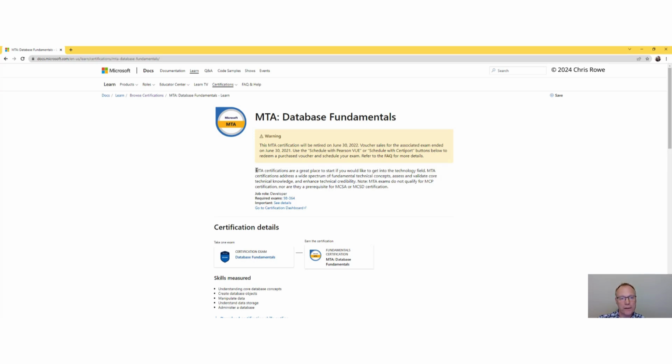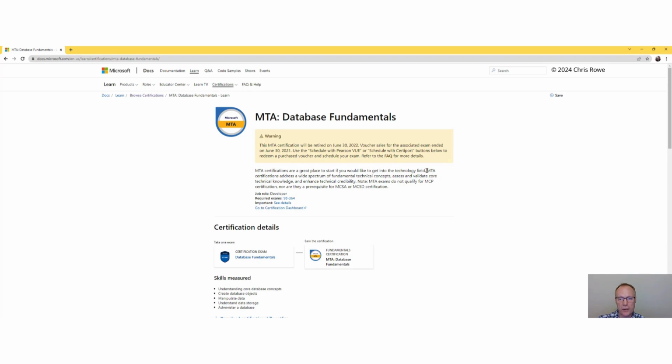However, they tend to follow the same pattern where you've got the fundamentals and all the other exams, MCSE, all these certifications. They have a little bit of a spiel up here telling you what it's all about. So this is a great place to start if you'd like to get into the technology field of databases.